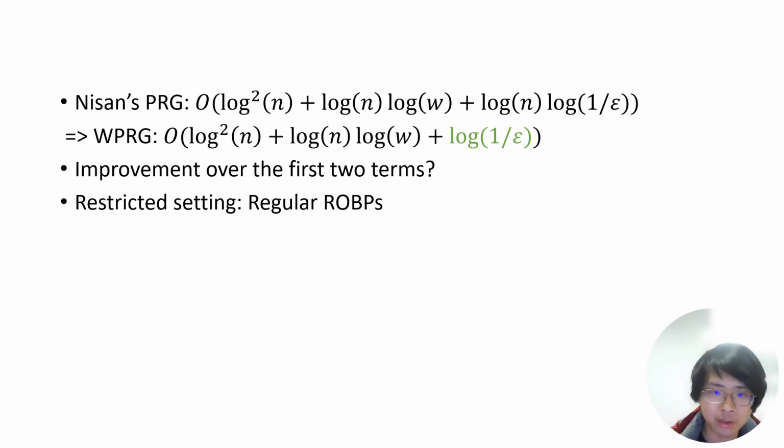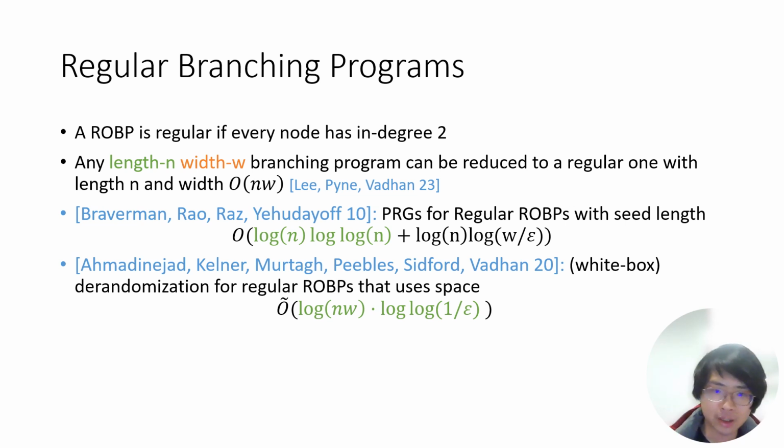even for PRG. So a regular branching program, and recall that a branching program is a layered graph where every node has out-degree 2, and we say it is regular if every node has in-degree also being 2. And although this is a more restricted setting, it turns out that it's still general enough to capture the general branching program,